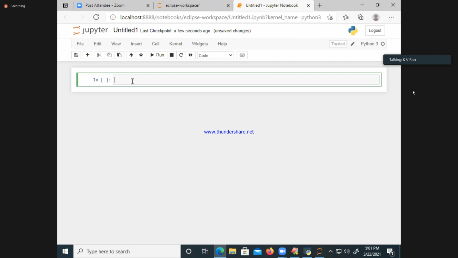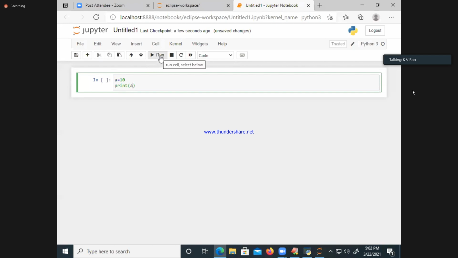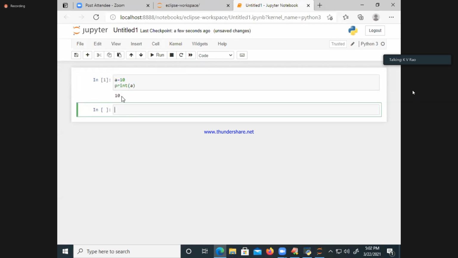Shall I create the dict? D is equal to, and the first time you are entering a new concept, you will get doubt. A is equal to 10. Enter key. Print of A. I want to see the result. Click on Run. Value 10 came.